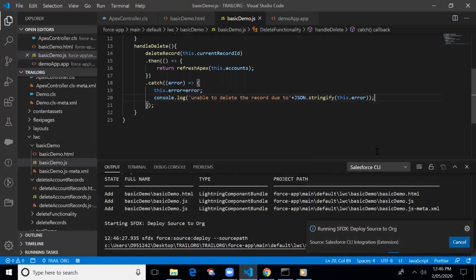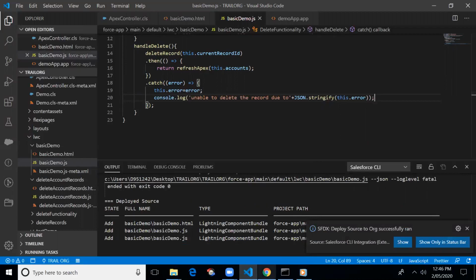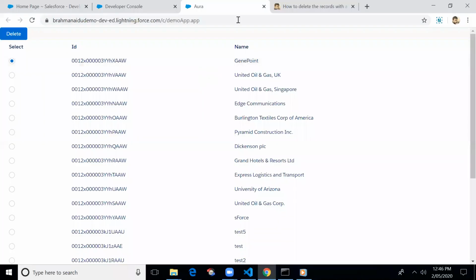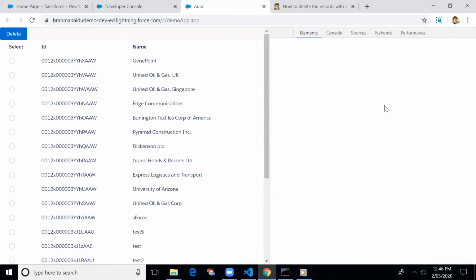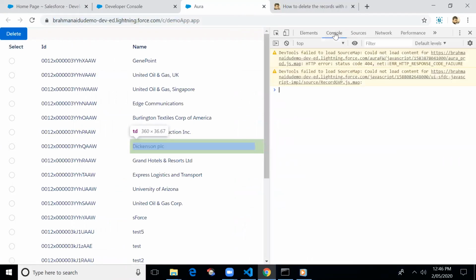It's loading. Yes, we are successfully able to deploy the code to the source org. Let me refresh it and inspect whether I'm getting the record ID or not. I'll choose Jenny, and we're getting the current record ID. I'm clicking on delete.